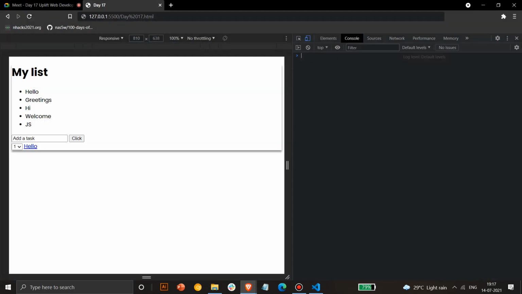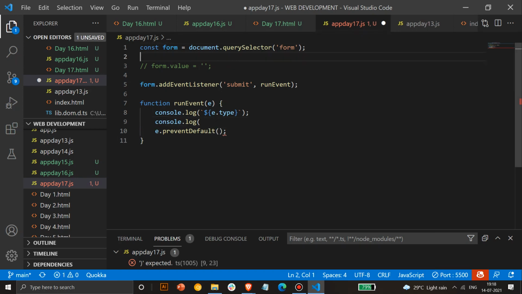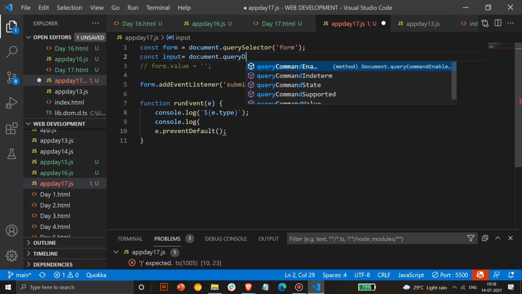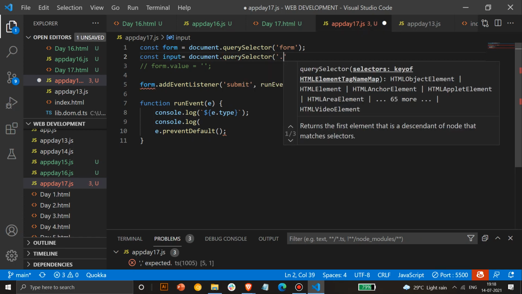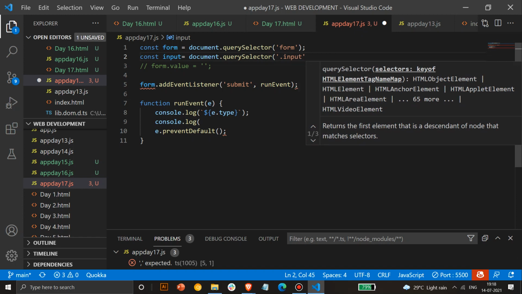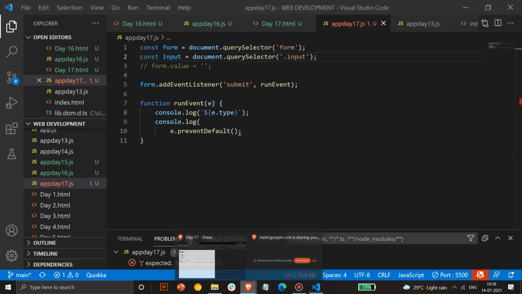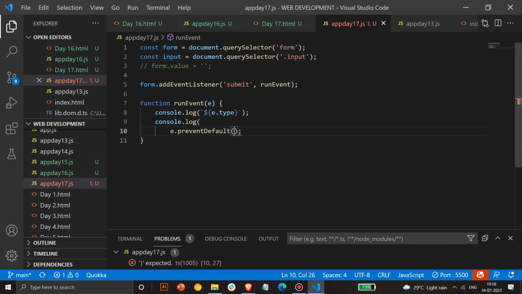So if you want to print that in console, we can do it through task. First, you have to take that particular field's value. So we can type out input equal to document dot query selector, and we can take that particular input using dot input. Okay, any doubts with why are we taking something like this? So we are using this because we have to get input from this particular field using JS. To get that input, we have to use dot input here. Okay.